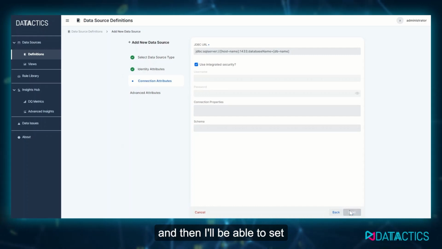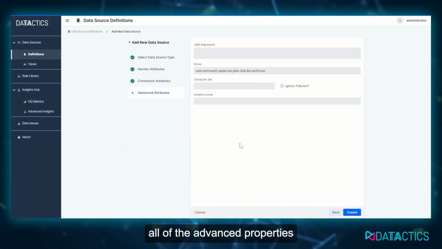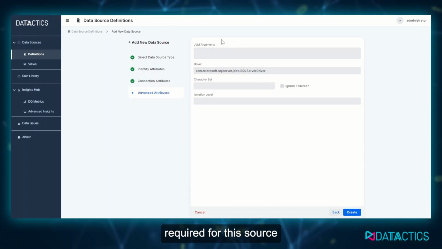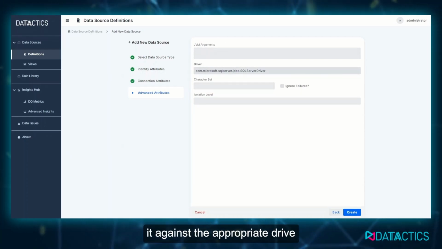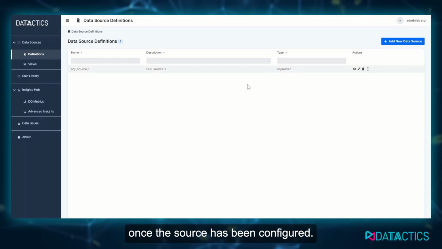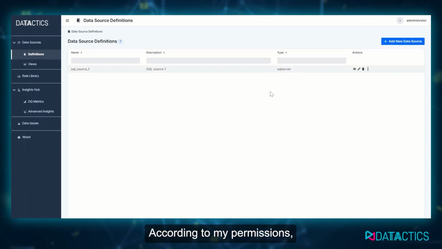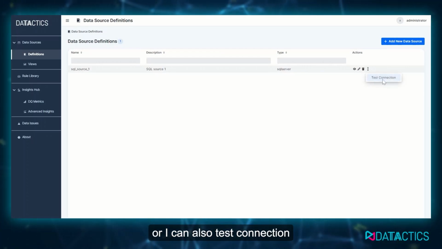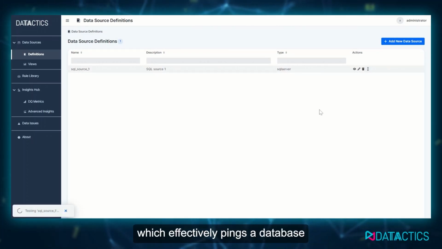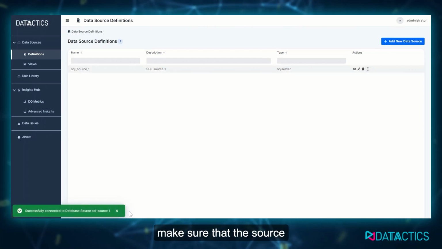And then I'll be able to set all of the advanced properties required for this source and map it against the appropriate driver. Once the source has been configured, according to my permissions, I can view, edit, or delete the source, or I can also test connection, which effectively pings the database to then make sure that the source is